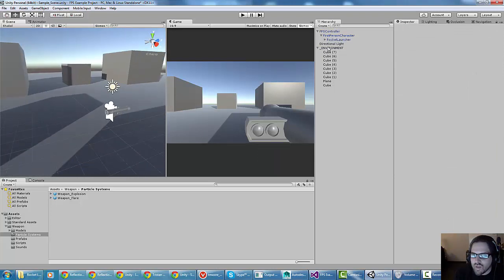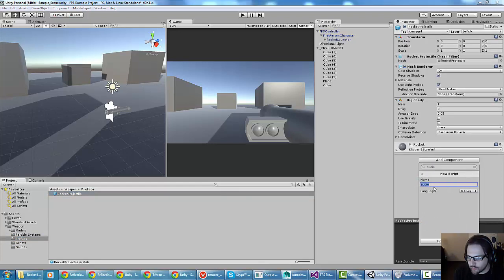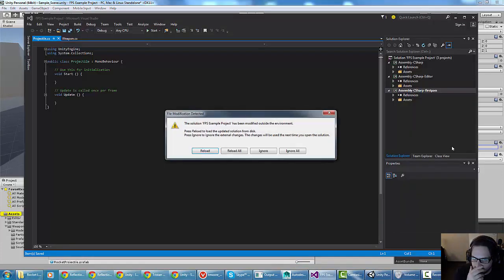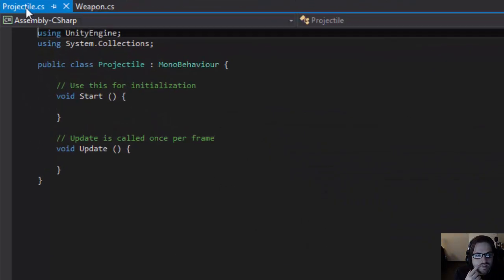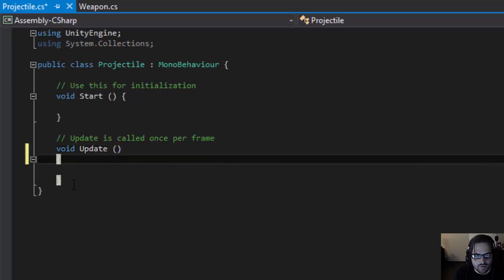And then what we're going to do is on that projectile, I'm going to go to prefabs, rocket projectile. I'm going to add component, new script, projectile, and then I'm going to double click that. Then I've got my projectile here. Now, in this case, there's a lot of things that I could do with this. But what I really want to do is, on collision enter,